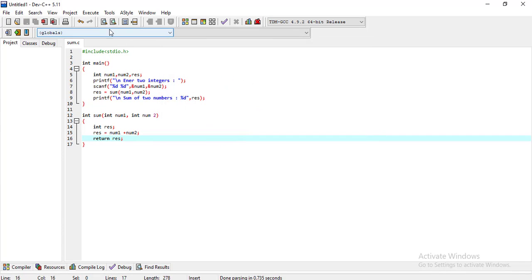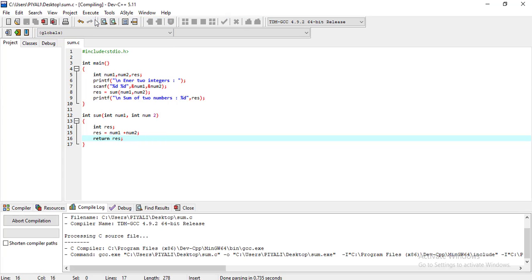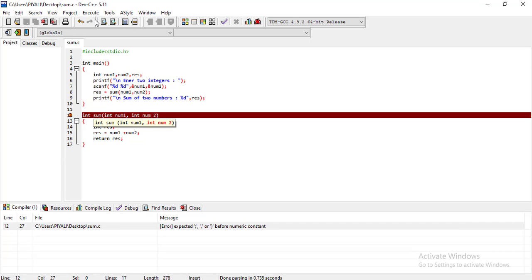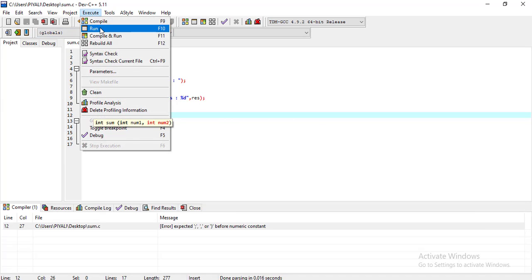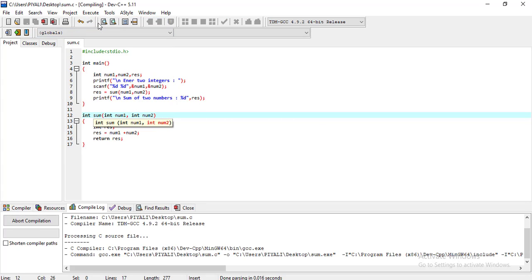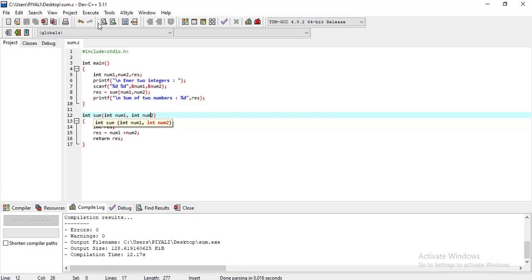If I compile this code, compilation is successful, no errors, no warnings.